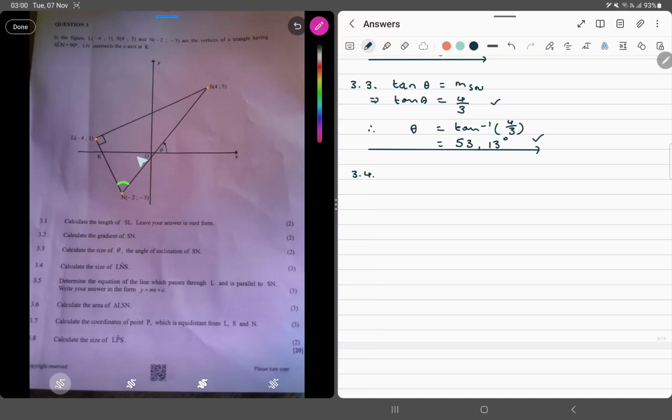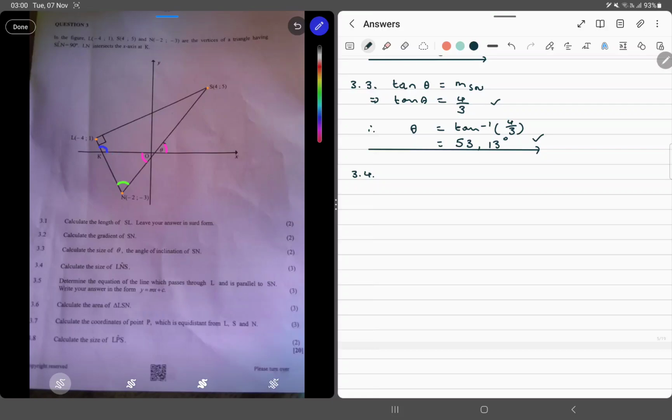Now where is it? If we look at it nicely, we'll see that theta could be equal to this angle right here. So if we've got theta here, then this angle is theta, and those are vertically opposite angles. So this drives us into this triangle. Now this angle plus that angle gives us the angle of inclination of